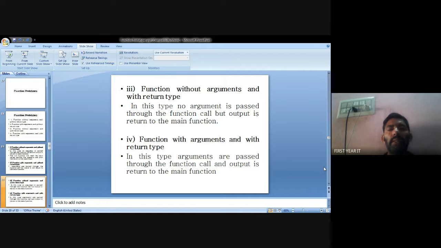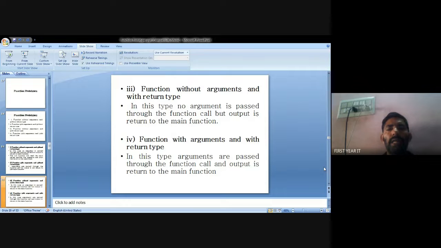Third, function without argument and with return types, so no arguments are passed and we get a value from the return. Fourth is function with argument and with return types, so arguments will be passed and we get a value from the return.